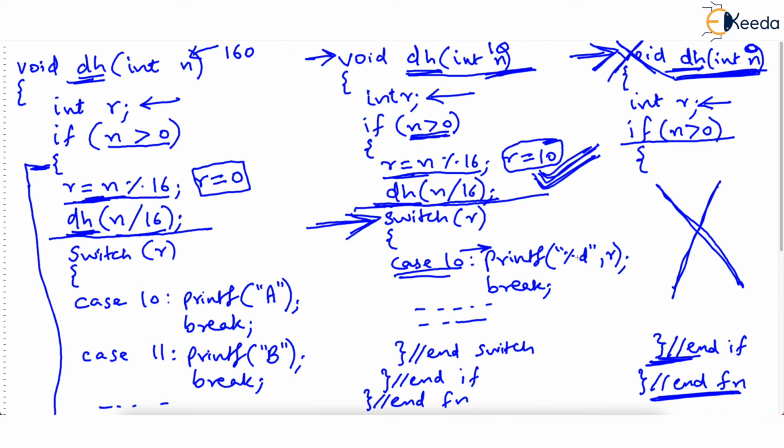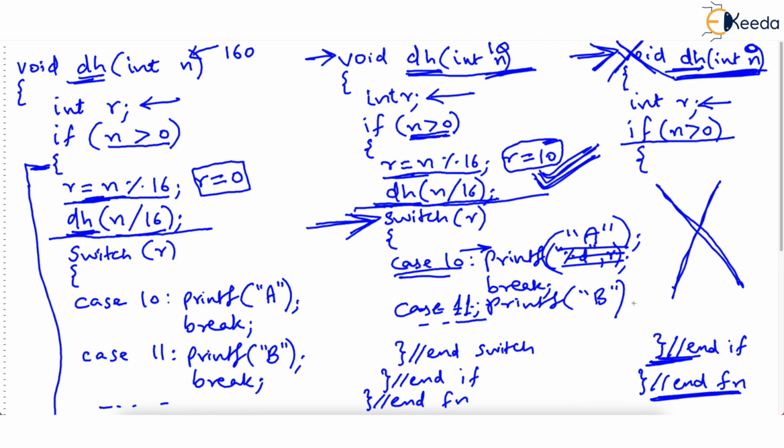As r is 10, it goes into this case and it prints. Oh, I'm so sorry, I made a mistake here. People might be observing throughout the video. I will print A. Literally, I will print A in this printf. And what if it was case 11? It is not so in this example. R is 10, but what if it was 11? Then I will literally put printf B.